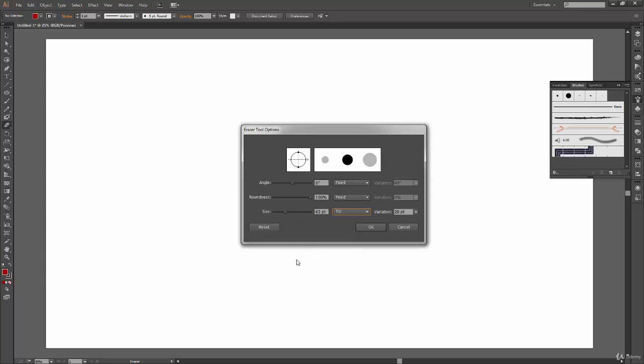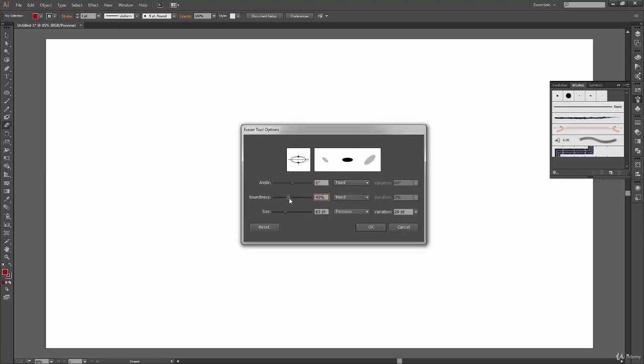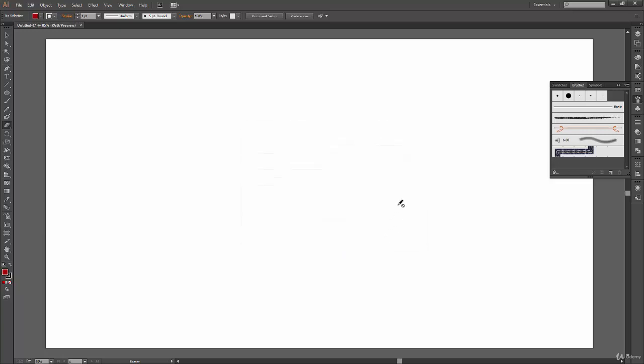So if you are rotating your stroke, like let's say something like this, let me select the brush tool. So if you are rotating like this, then your eraser will also rotate along with it. Now the rotation will work better if you have some kind of roundness in your brush. So now it will rotate along with your stroke. Otherwise, that doesn't make any sense. And the same settings will be applied to angle and roundness. So yeah, feel free to go ahead and experiment with all these settings and make different combinations of all the settings and see what kind of result you get.